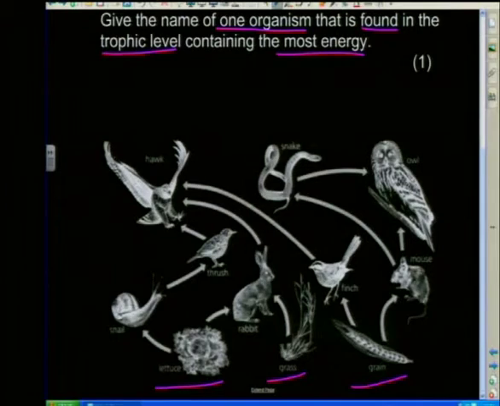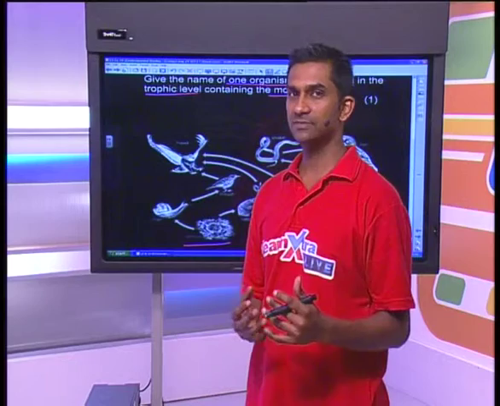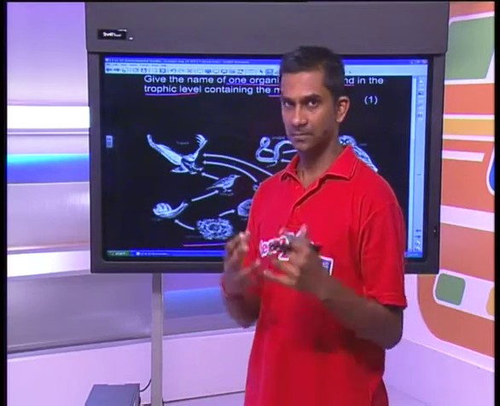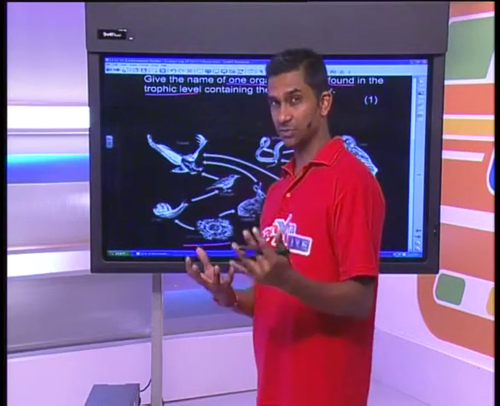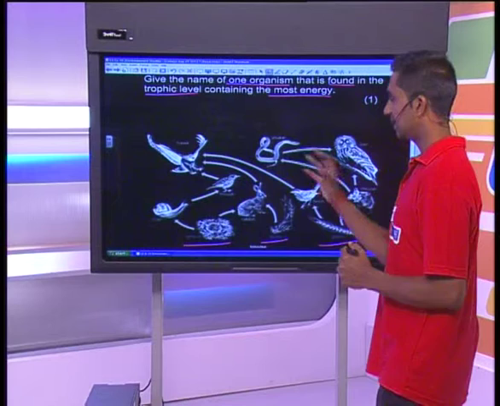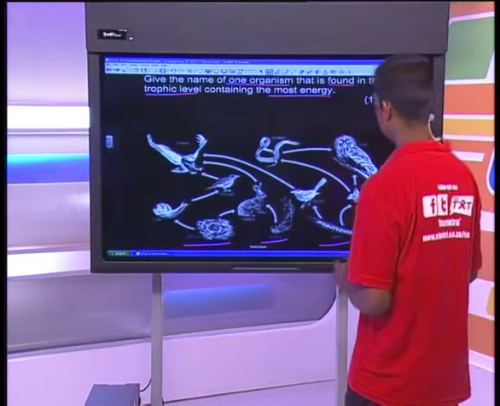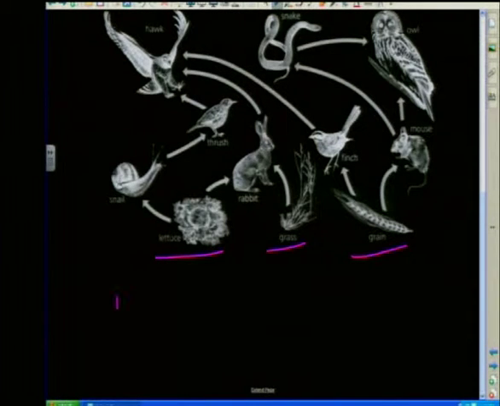If we think about the amount of plants available in relation to the number of animals available, we have much more plants or autotrophs than herbivores or your secondary or tertiary consumers, and hence the most amount of energy available in any ecosystem would be the producers, and in this case the answer would be the producers,